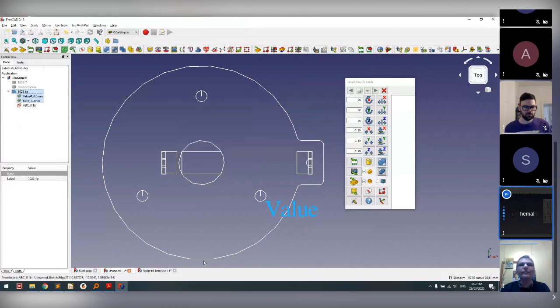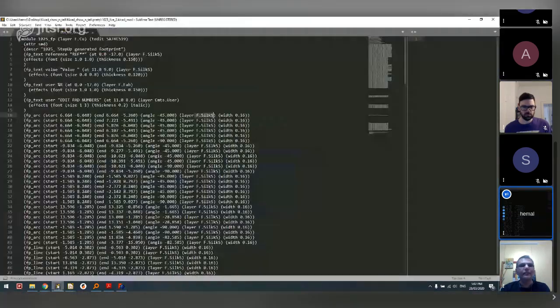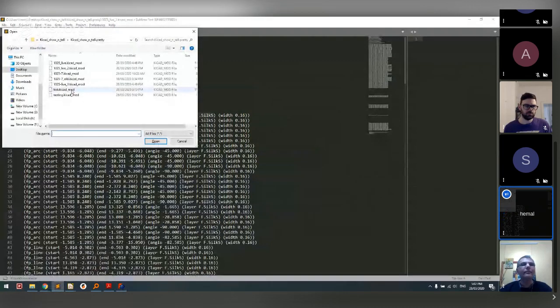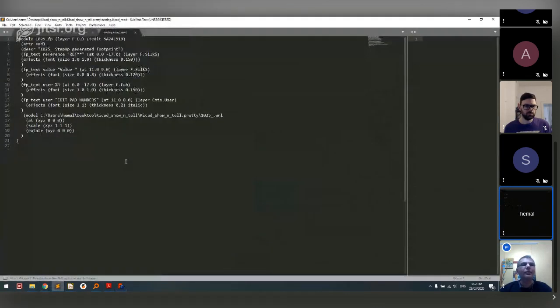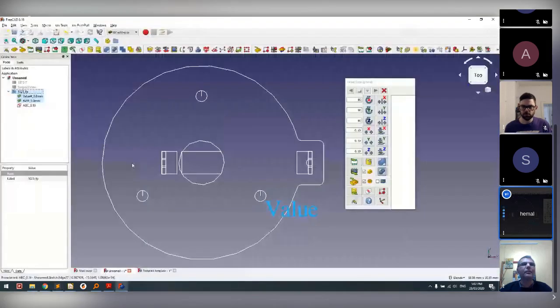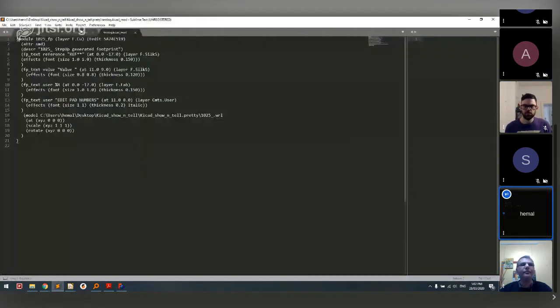It would still export without any errors, but you won't be able to open it up in KiCad, because it's got the wrong layer. It wouldn't find the layer; there's no layer called that. It doesn't export that layer at all. Last time I tried it, it did that, but